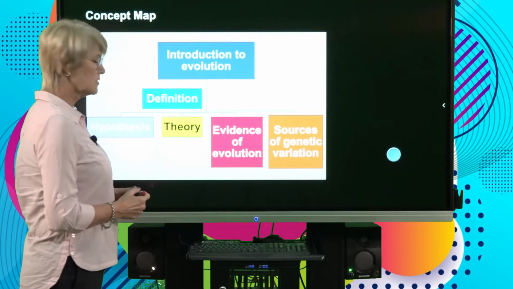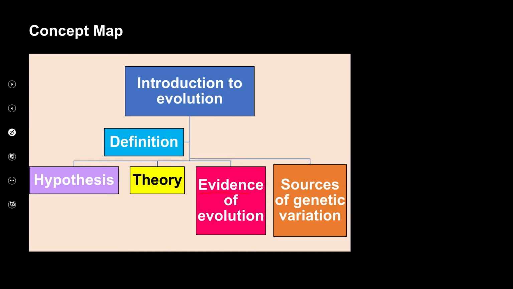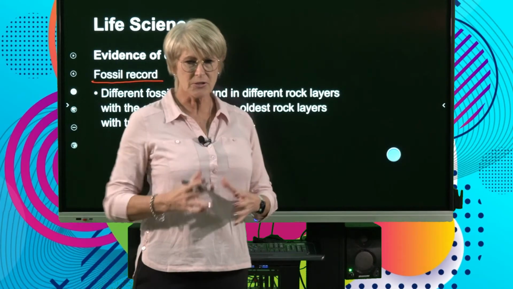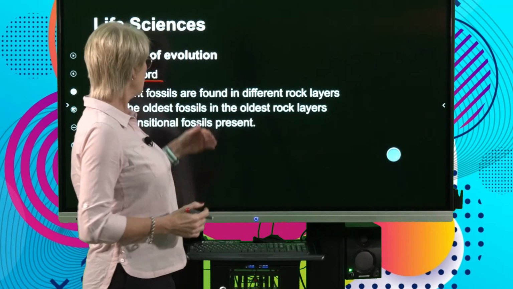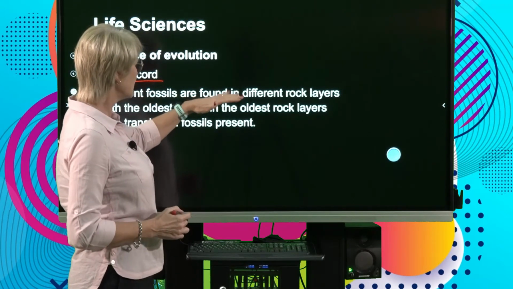Okay, so what we're going to look at now is the evidence that there is for evolution. We're going to look at the various forms that we have. And the first thing we're going to have a look at is the fossil record. And remember, you did learn how fossils were formed. What we do is we go and have a look, and we find that fossils are found in different